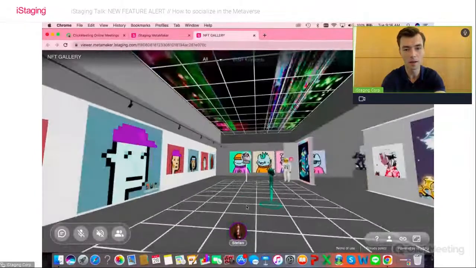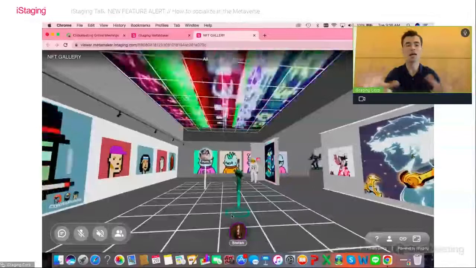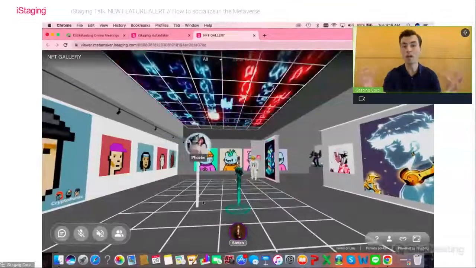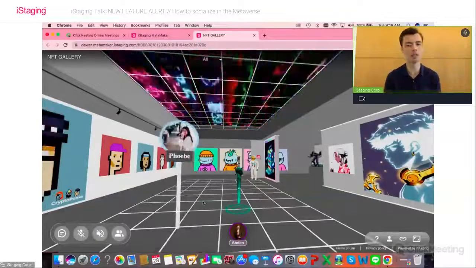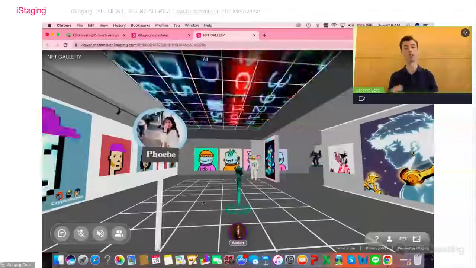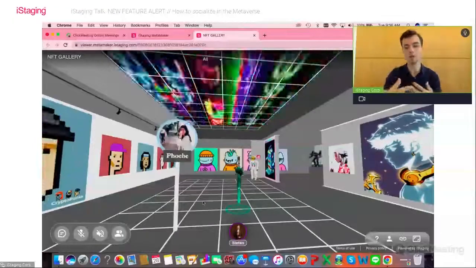All right. But the only drawback in this case is that it will basically not be a rendered space, so maybe not look as real depending on the template that you're using. It's a little bit more animated in this case. Now you can actually see, and I hope you can see that on your screen, that Phoebe is already moving sort of towards me.